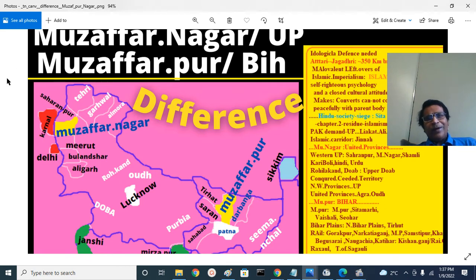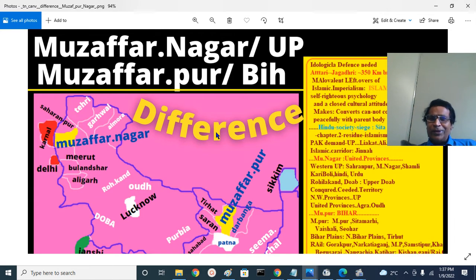When you are coming from Jalalabad, Khyber Pass, Peshawar, the Potwar Plateau, Rawalpindi, Lahore, Jalandhar, Ludhiana, Sirhind, then Ambala, you go into Saharanpur and cross the Yamuna River. If you remember Saharanpur, Muzaffarpur should be in Bihar. Very easy to remember. After Saharanpur, the next adjoining district is Nagar, Muzaffarnagar. Saharanpur district is in UP and Muzaffarpur district is in Bihar. That's very easy to remember.